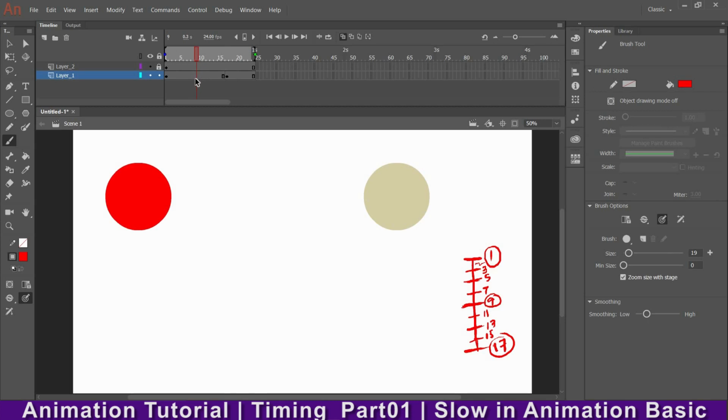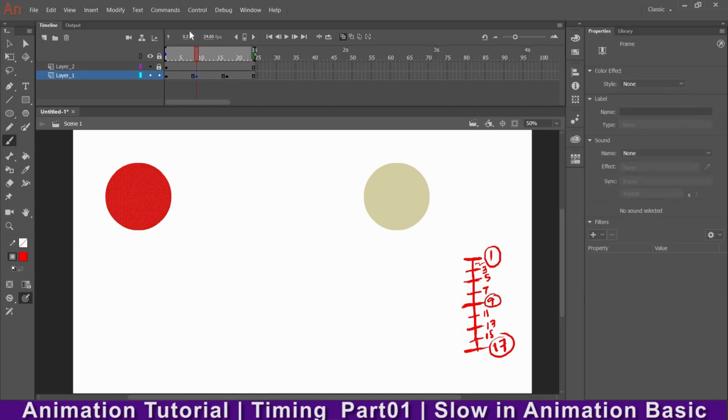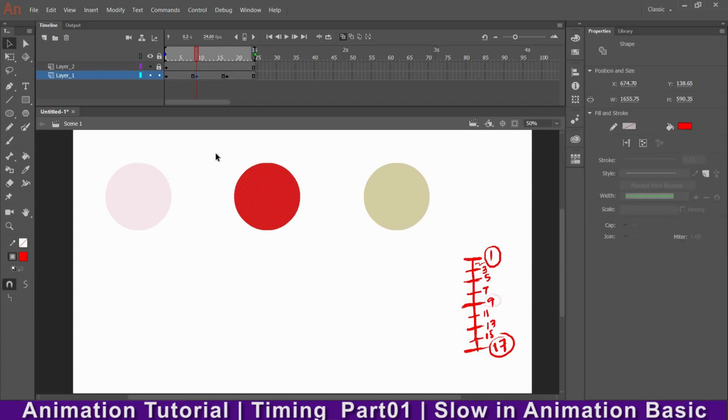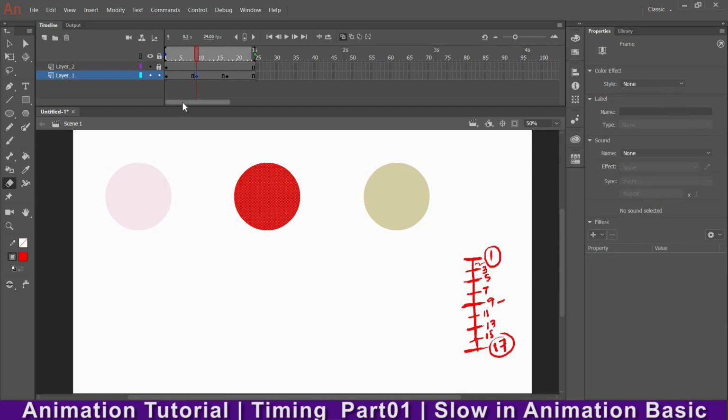In 9 I'll draw one circle, F6, and I'll bring that circle in between 1 and 17. You can take this drawing or the object, not exactly, but you can assume somewhere in the middle and place it here. So we got this 9. Then we'll draw what is the middle of 9 and 1. Then we'll find the middle, that is 5. Okay, so we'll go for 5 and F6, then again shift, and we'll try to place the object in between 1 and 9, and again it is done.